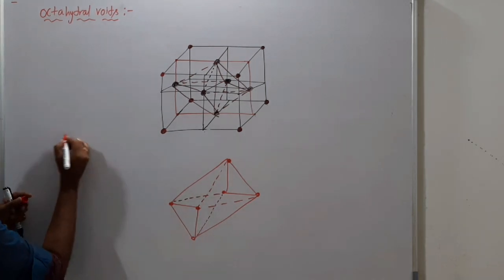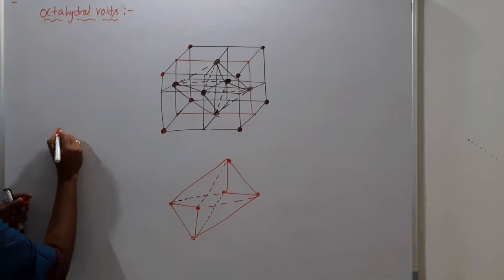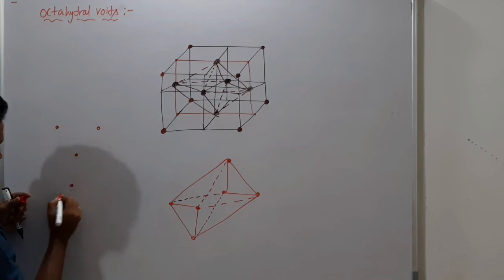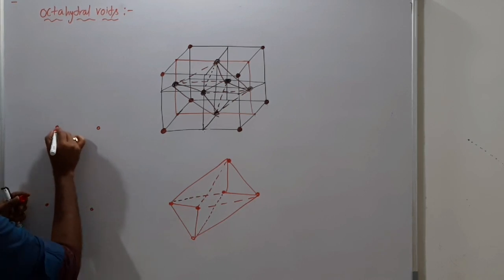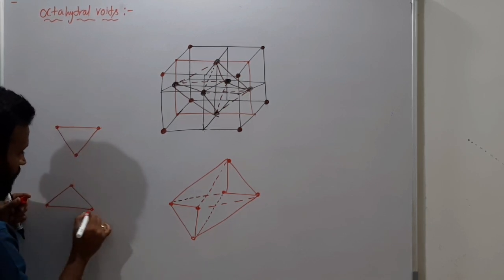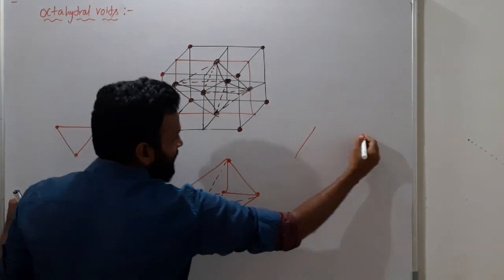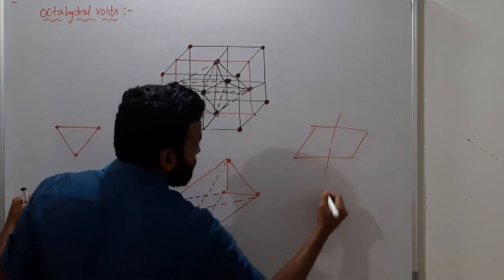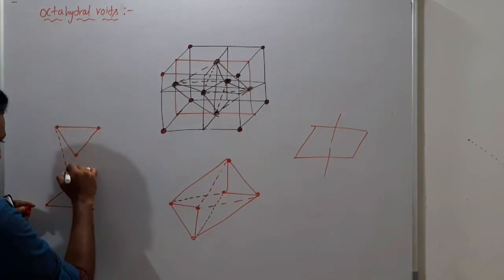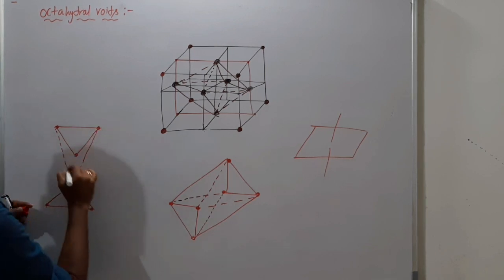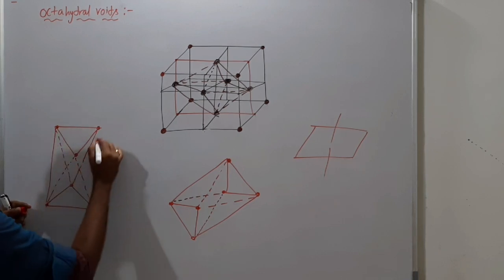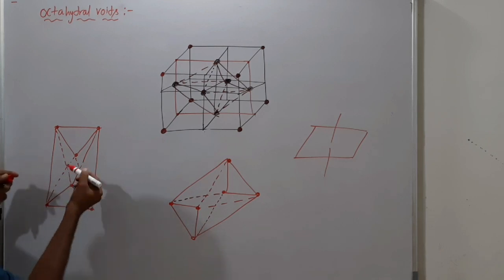So the same I can draw like this. Understood, everyone? So here you have 3 atoms, and here you have 3 atoms. Okay. Why is this called an octahedral void? Because of the octahedral shape. Do you know octahedral? SF6 is like that, no? This is octahedral. Okay. So in that way you have an octahedral shape like this. These two connecting, and with this, these two connecting, and like this. So this is in between these 6 atoms.